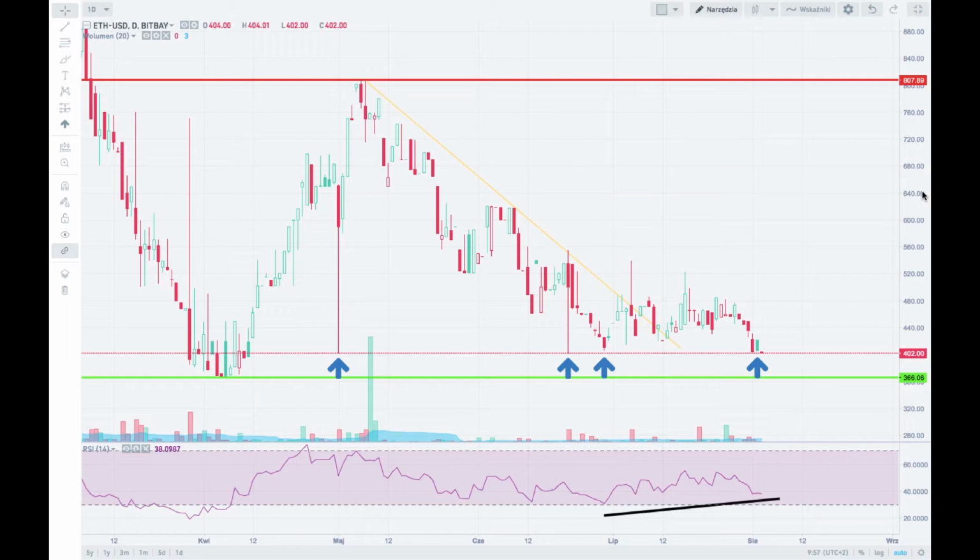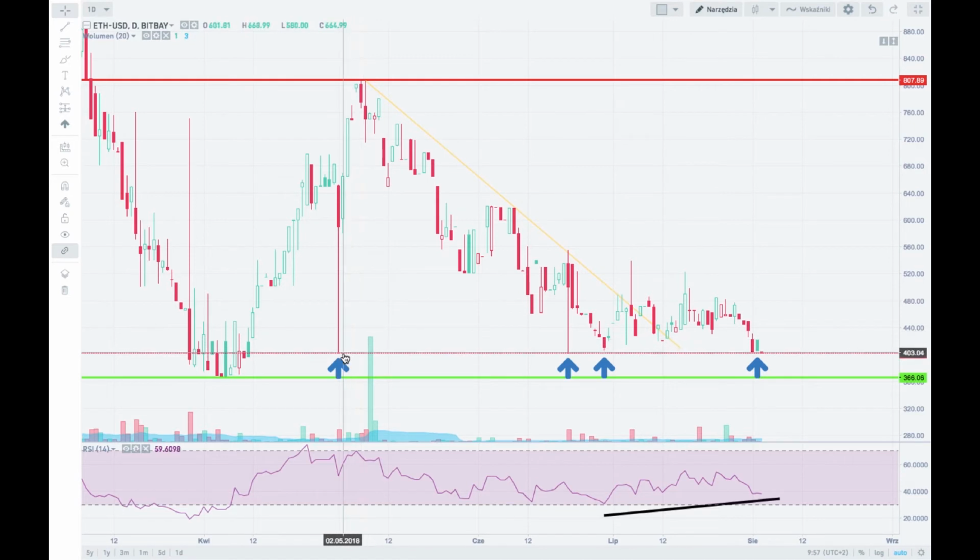Today is Friday, the 3rd of August 2018, and we are going to take a look at the Ethereum to US dollar chart on a daily time frame. We can see that since the high at around $800 here, $807 to be more specific, we got this downtrend